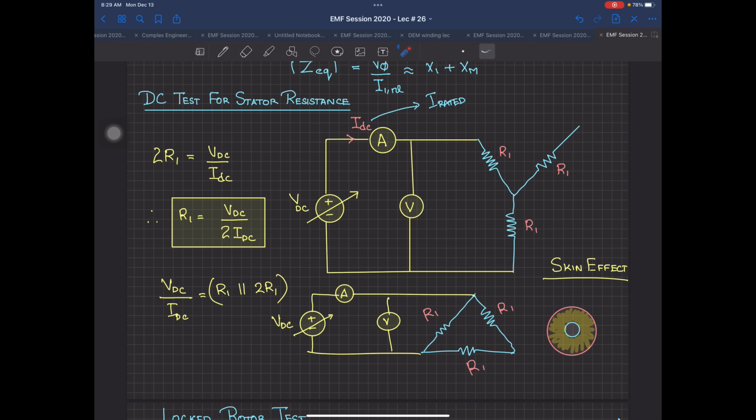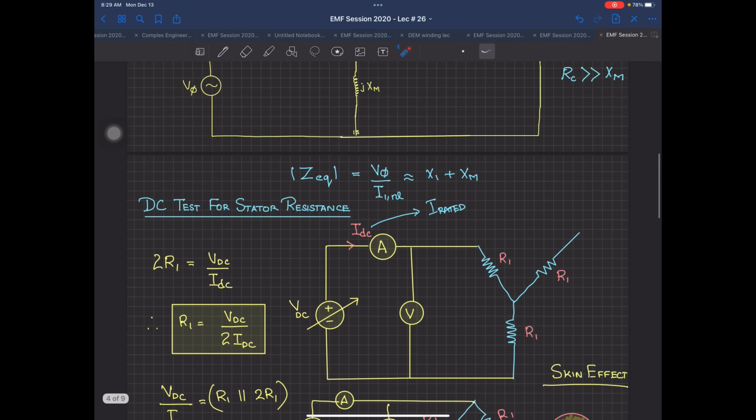Okay? So it is very difficult, because when you are going to give AC, if you even give one phase, supposedly you only give one phase over there, and supposedly the neutral is available, you are actually having again an induced EMF inside the rotor. So it's going to have an effect over there. So we only want the resistance to be measured. That's why we are doing this as a DC, and then you can multiply it by that factor for the skin effect or any other factors over there. So normally this test is done at DC.